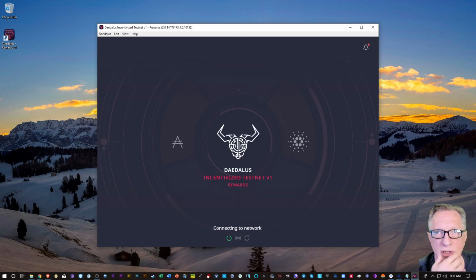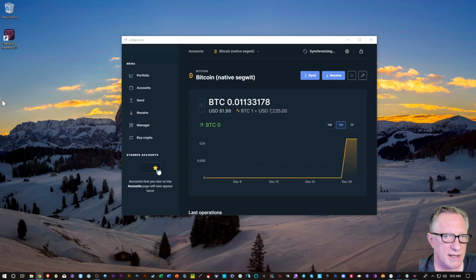But yeah, once you've created your balance wallets using your restore phrases, it prompts you to create a rewards wallet, and then you move those test balances into the rewards wallet. Now the rewards wallet should say you've got a balance, right? It's going to show you that there's ADA in there, even if you're delegating, if you're staking, right? All right, but we'll keep an eye on that and see if it comes out.